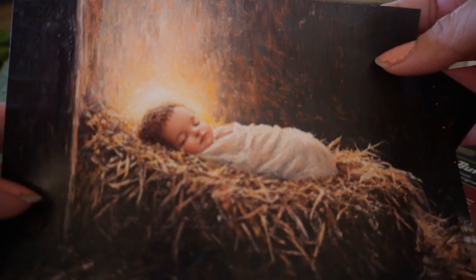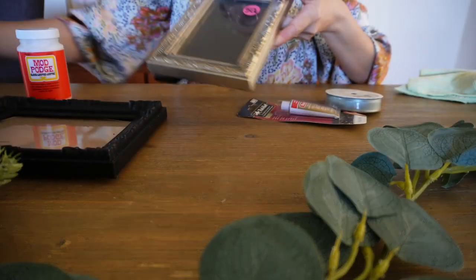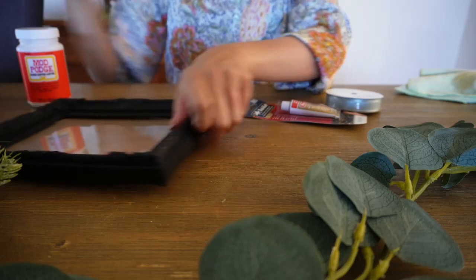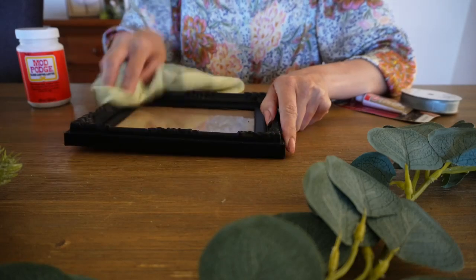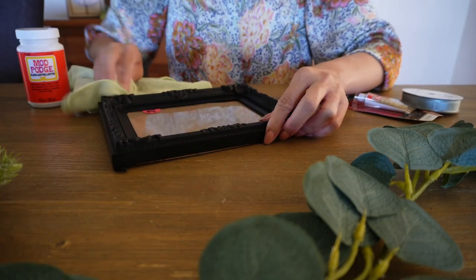I love this photo of baby Jesus, so cute in the manger. Now I've got 10 minutes before I need to leave the house to go and pick up the big boys from school. I love the look of these two frames. They are a bit more silver looking instead of gold like I wanted, but this black frame I would love to turn gold. So I found some Rub and Buff from Spotlight when they had like a 40% off sale